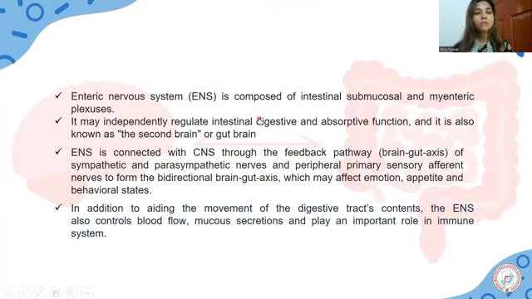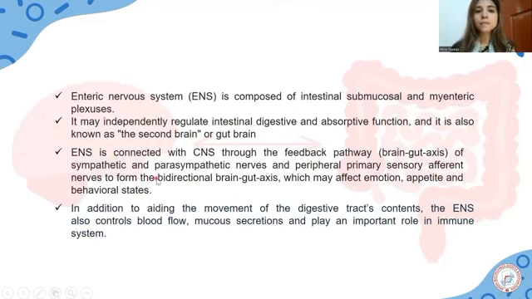So this lies inside your intestine mainly. It independently regulates intestinal digestion and absorption. As we all know, mainly in the intestine, the main part of the digestion occurs, that is absorption or secretion, whatever food we eat being absorbed by the tissues, taken up by the blood vessels in this region of the GIT.